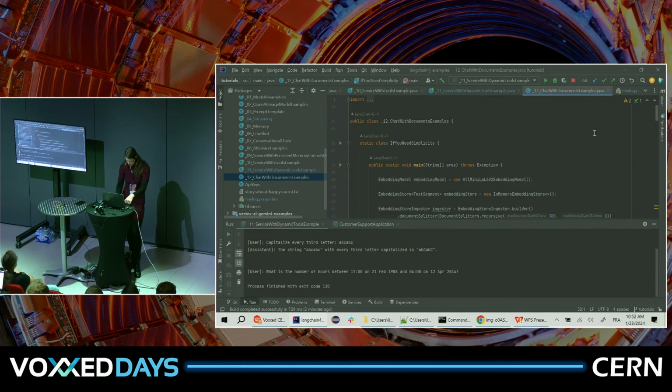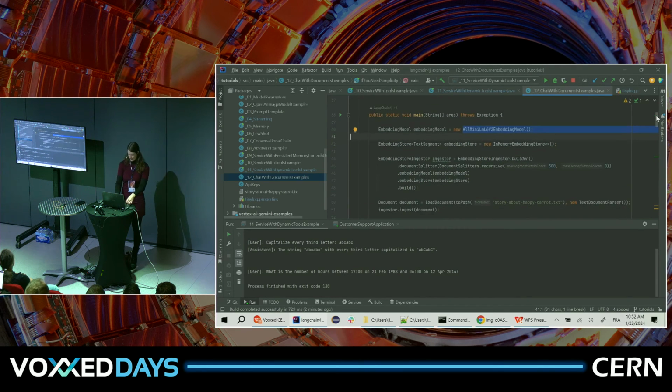It looks like this. We specify an embedding model, and very nicely, if you want to make it really easy, we have built-in embedding models here. They run on your local machine. You don't even need access to the internet, and they're like 20 megabytes and come as a dependency. If you want to prototype, it's really fast with that. We also have an in-memory embedding store just for prototyping. Of course, you can set it up with any of these other persisted embedding stores.